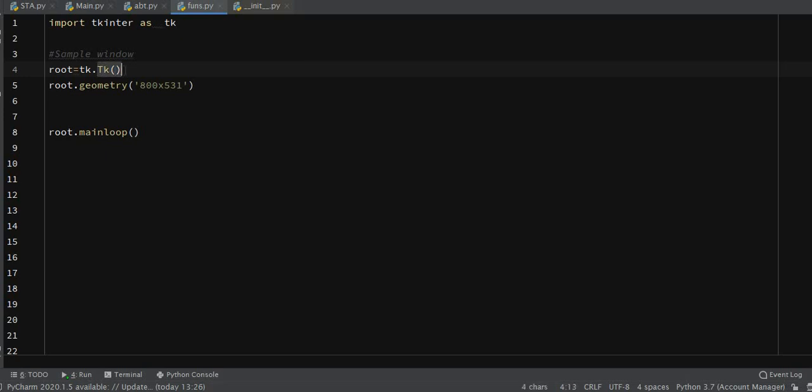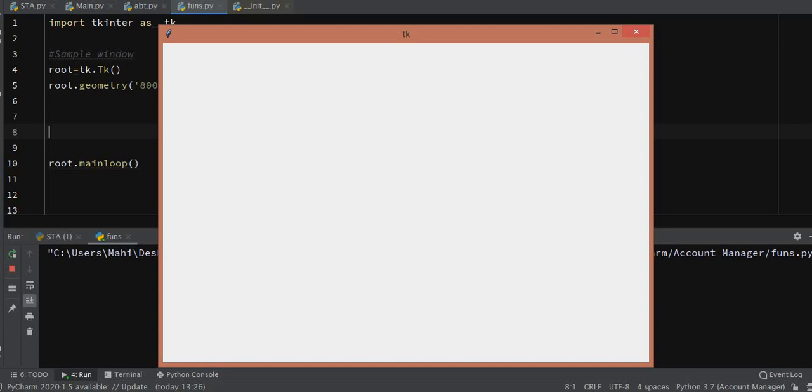Then I have initiated the creation of our window using the Tk function. Now to specify the geometry of my window, I have used the geometry function here. And at the end, this is very compulsory. So first you have initiated the window, and then when you run this program, you want your window to show up, right? So for that you have to use the mainloop function here. Now all the buttons and the text you are going to display, everything is going to be between these statements. Now let me first run this one also.